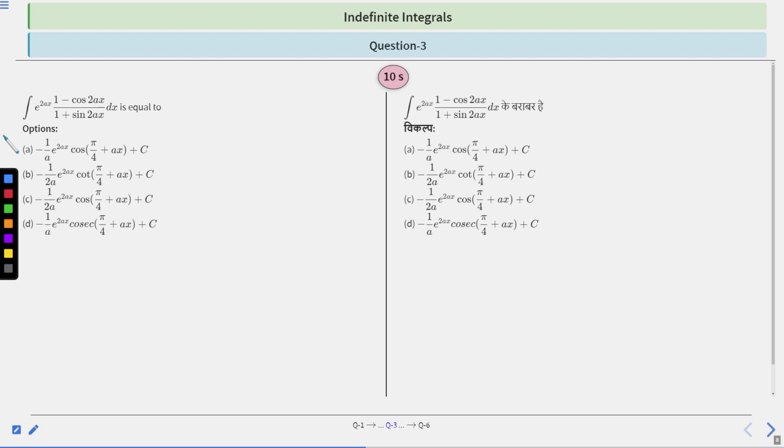but make sure that all the mathematical operations are right, and the answer should match with the options, right? The answer will never change in any question, right? You know this. Fine. So let's approach this question. You have 10 seconds to solve this question. After 10 seconds, we will discuss the solution.